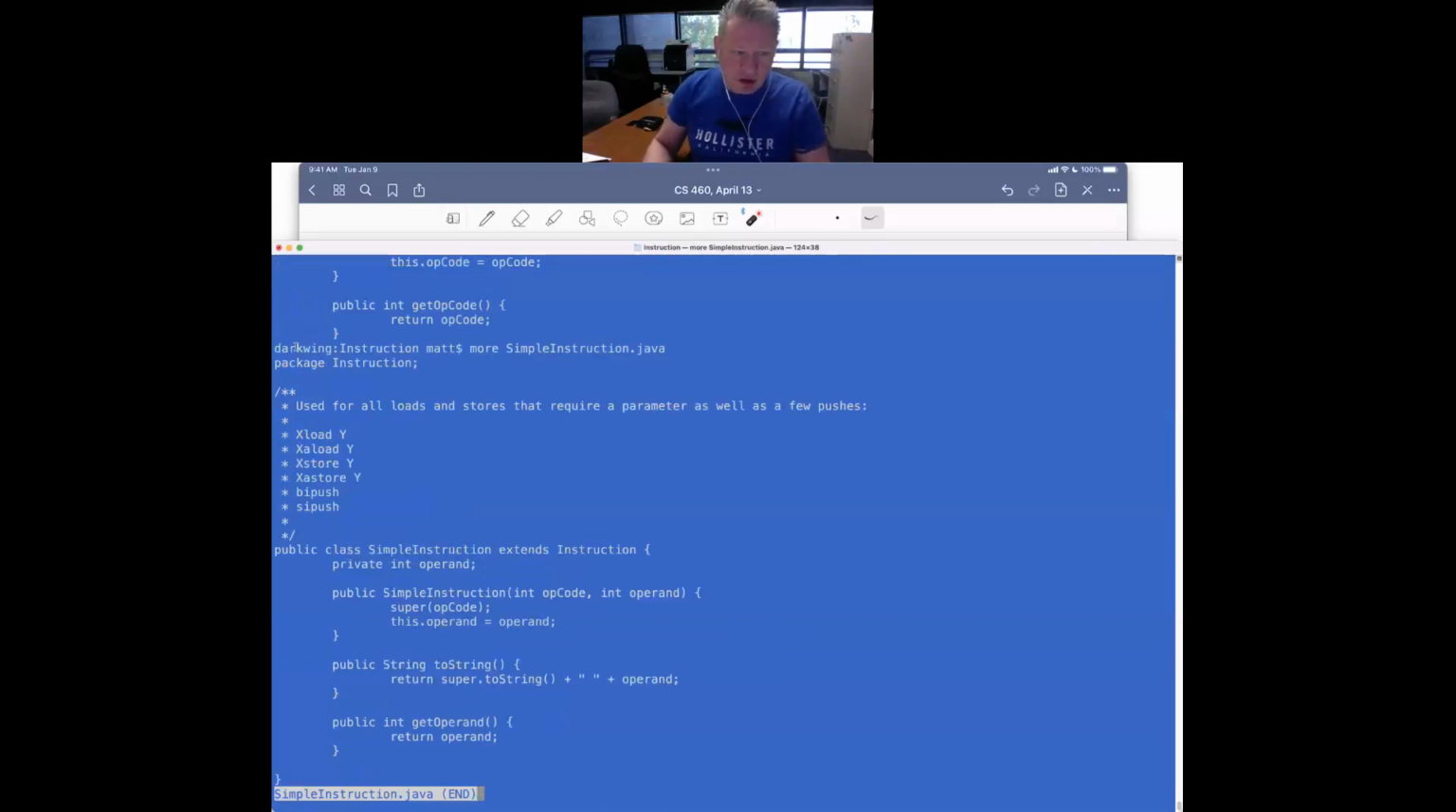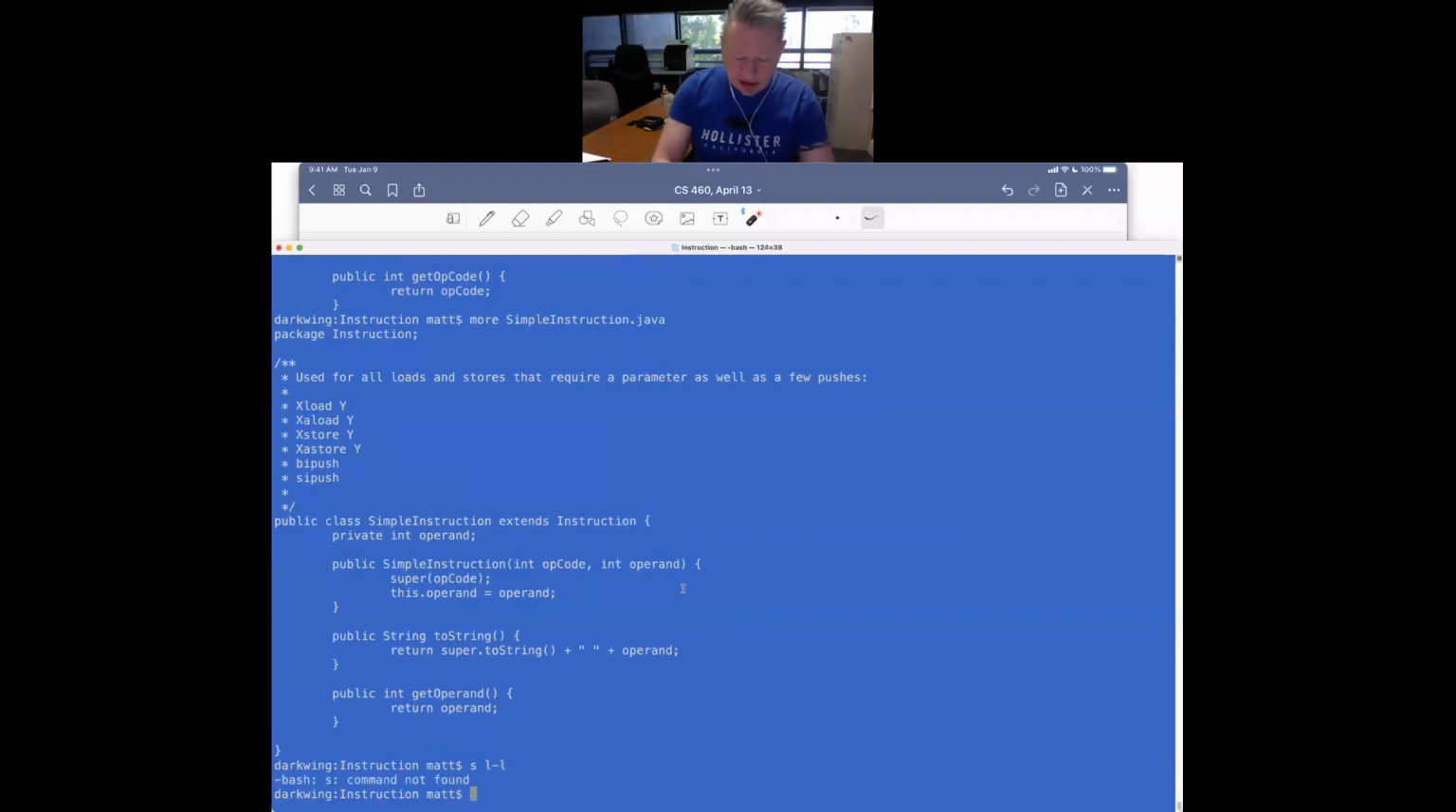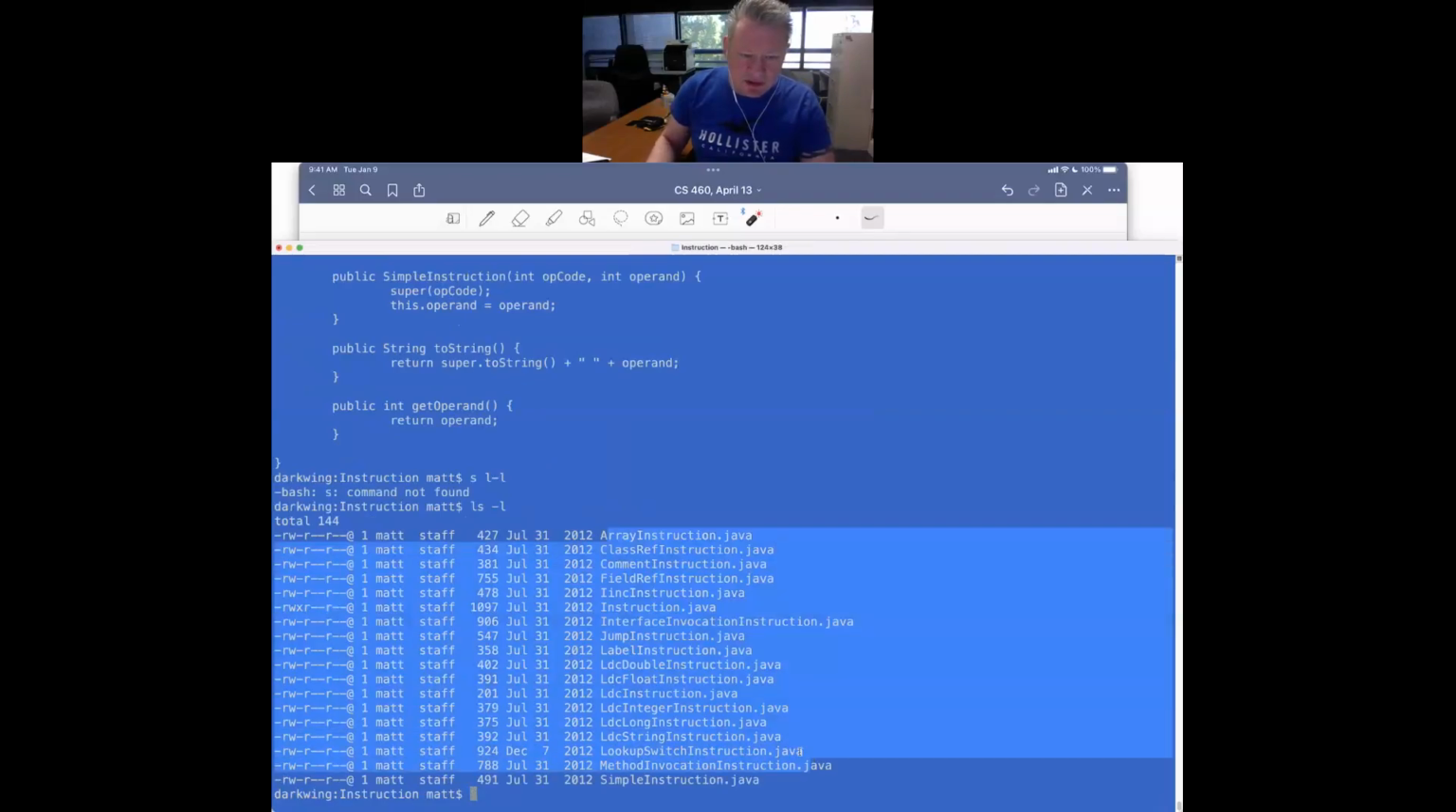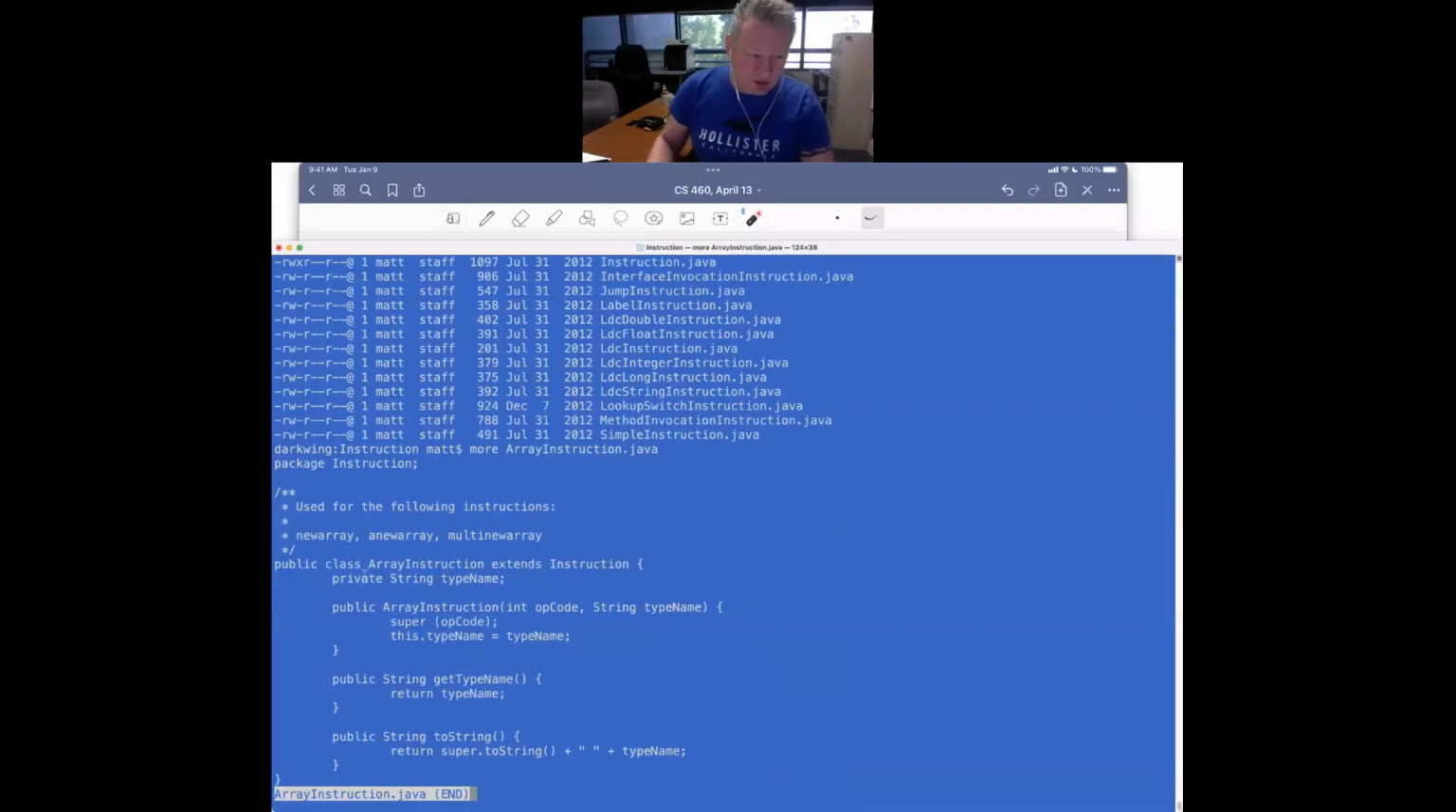Simple instructions are the instructions that consist of an opcode and an integer operand. So 99% of all the instructions you need are going to be one of those two. And so I would just look at these and say, what are these various things used for? And I think in most of them, there's some stuff up here that tells you. This might not be completely correct, but